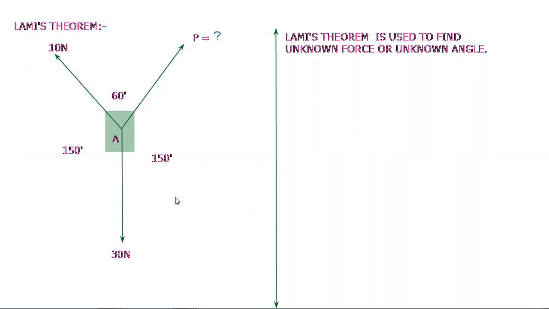All these three forces should be coplanar and concurrent. These three angles must be given and two forces must be given so that we can find the remaining third force. If two angles are given, then we can find the third remaining angle, which is unknown. So you can use the equation that we have seen: 10 Newton divided by sine of 150 degree,